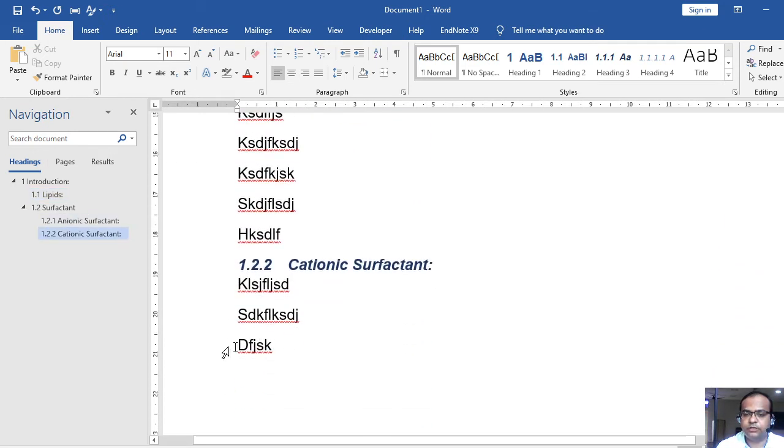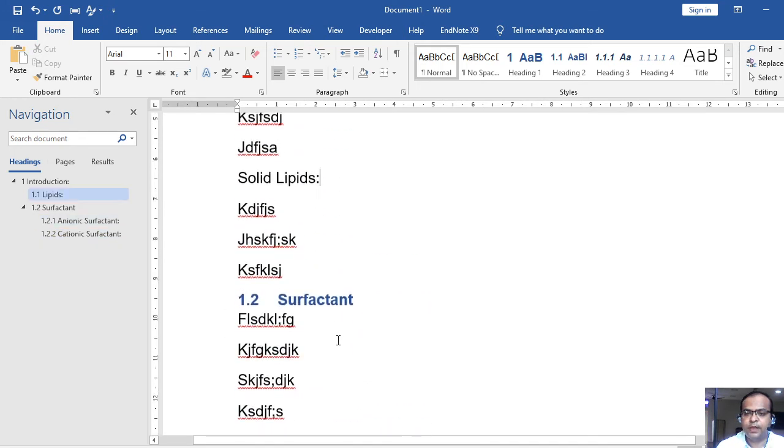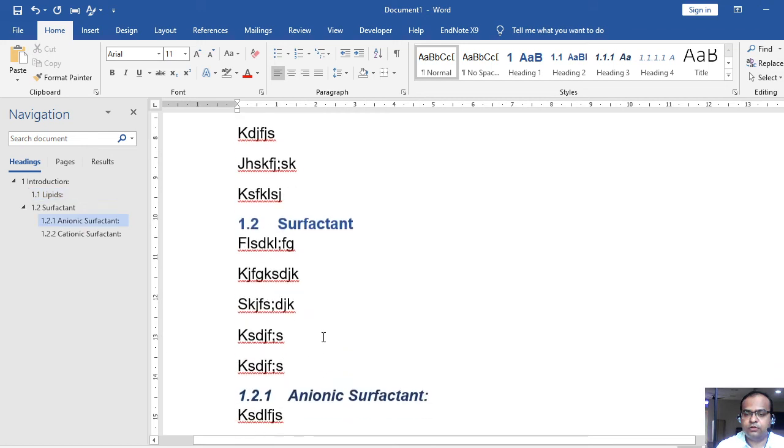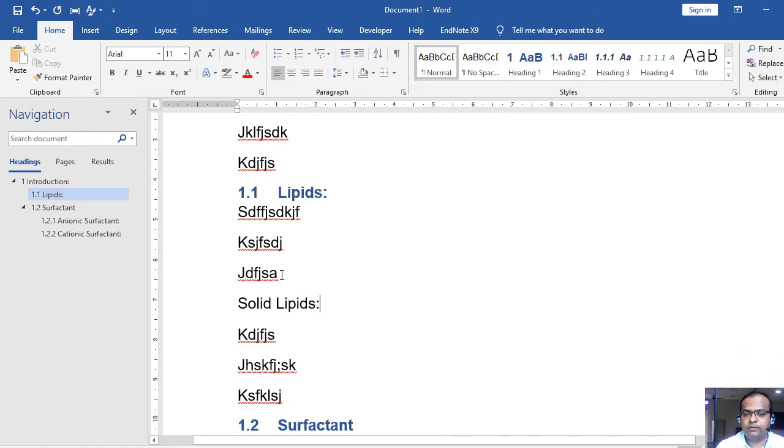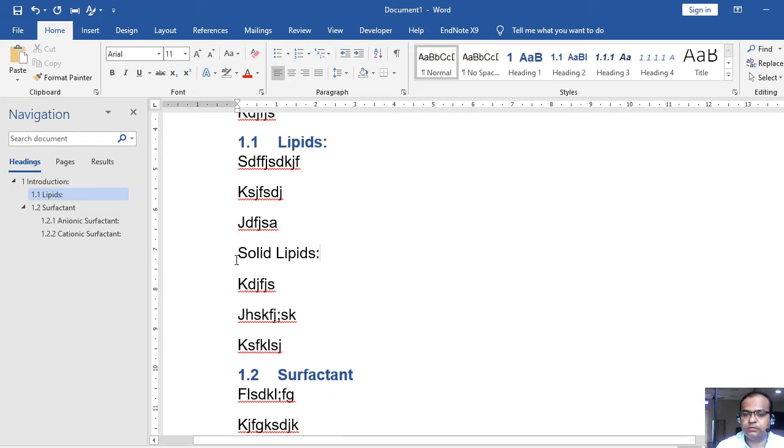But now see, the number of this cationic surfactant is 1.2.2, and for the surfactant it is 1.2, and I am adding this solid lipid as one heading. So I think this surfactant should be 1.3 and this solid lipid should be 1.2. It's very easy to manage.